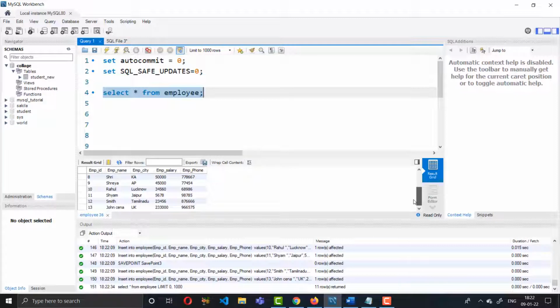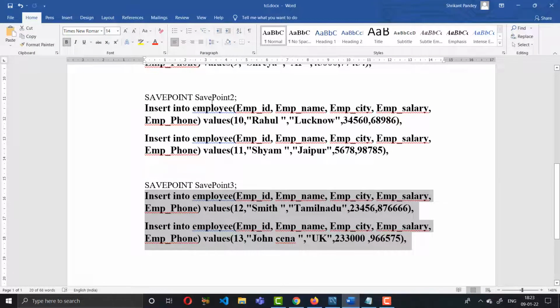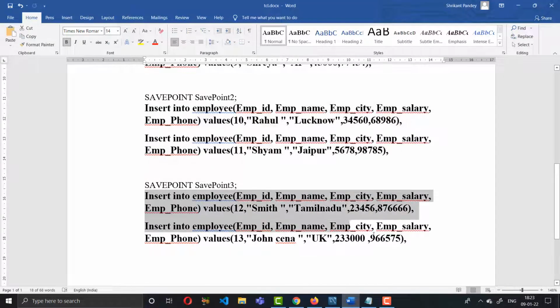Suppose you want to roll back to a certain savepoint name, or you are not interested in saving the data. If you use savepoint 2, then after savepoint 2 all the information, these rows you have inserted, will be rolled back. So 10, 11, 12, 13.